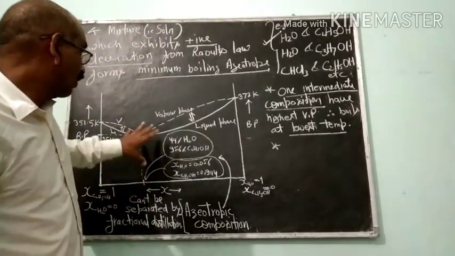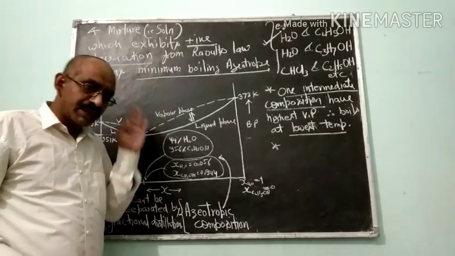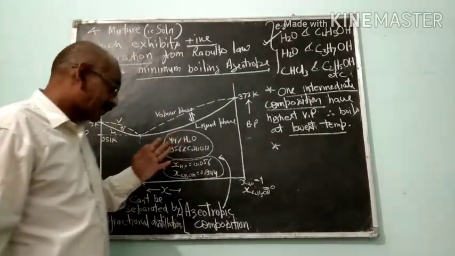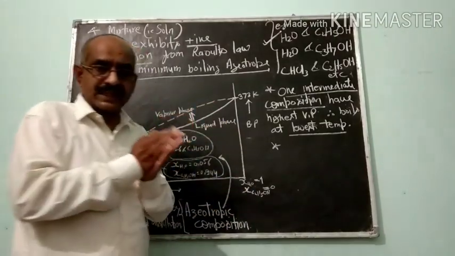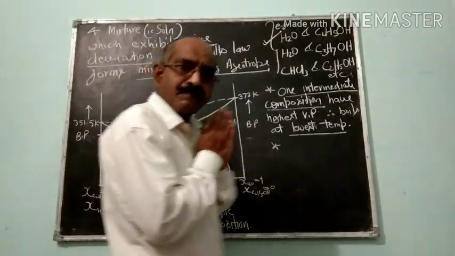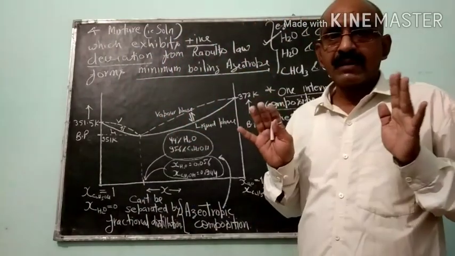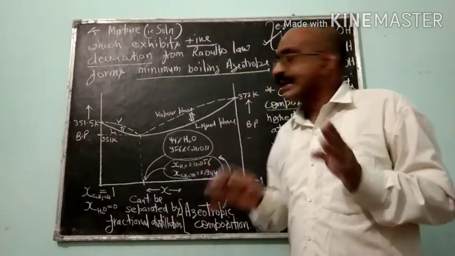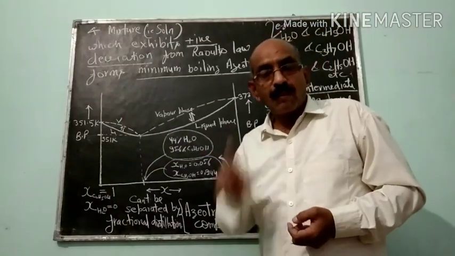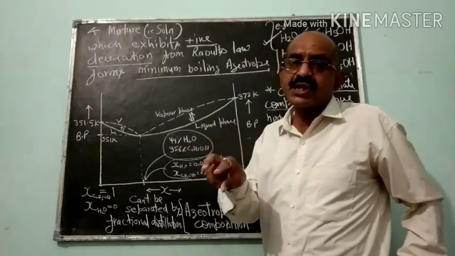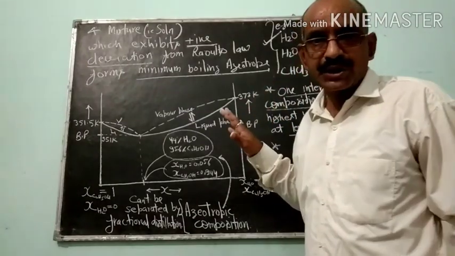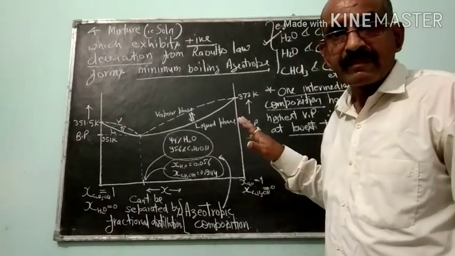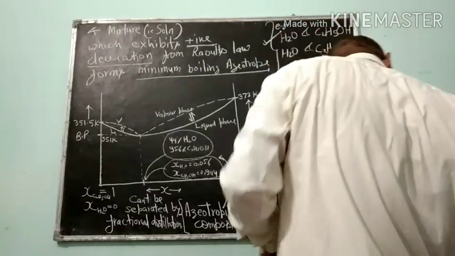ठीक है? तो एजियोट्रॉपिक मिक्सचर का वेपर फेज और लिक्विड फेज में जो कंपोजिशन होता है वो सेम होता है, इक्वल होता है, एंड दैट्स व्हाई एजियोट्रॉपिक मिक्सचर बॉइल्स at constant temperature without decomposition or without change in composition. Is it clear? Now, after that,